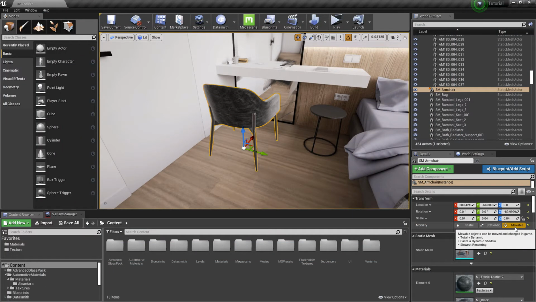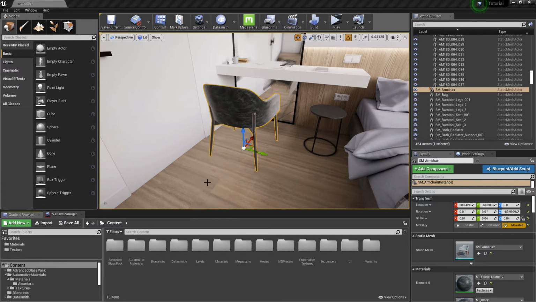And that is because we have set it to movable right now. Reason being, static and stationary meshes don't work with mesh swapping. They have to be set to movable, and we know that movable meshes don't contribute to GI.